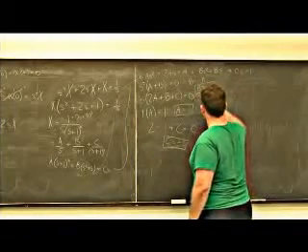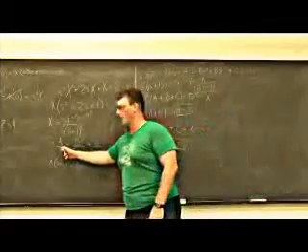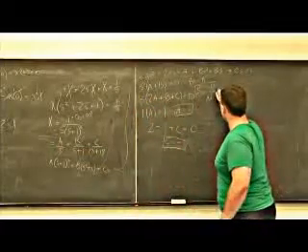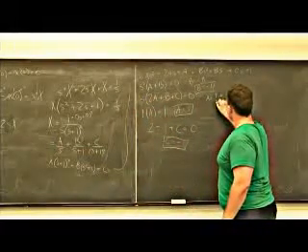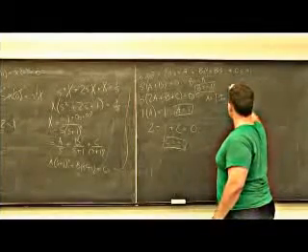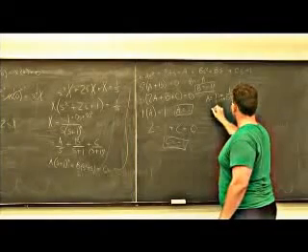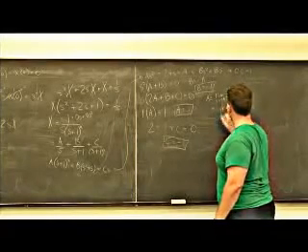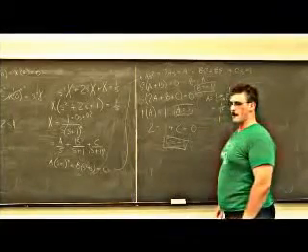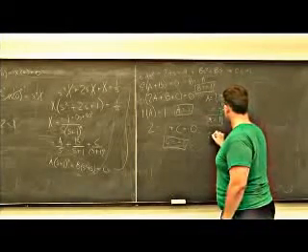What you do is, for A, for example, the 0 for this factor here is 0. So we're going to take the limit as s goes to 0 of everything except for that factor from the original one. So it's 1 over (s plus 1) squared. When we do that, we get 1 over 1 squared, which is equal to 1. So that's A. And then for C, we get